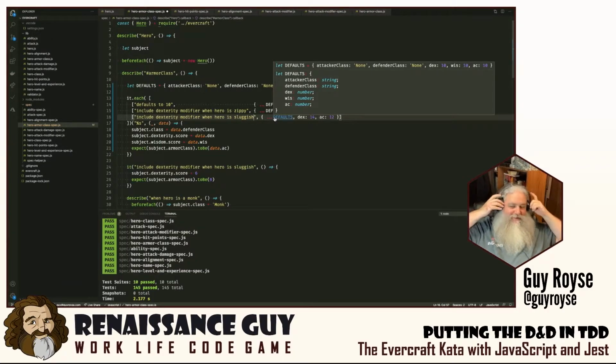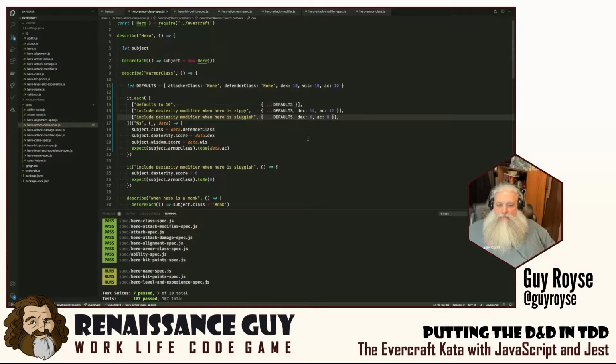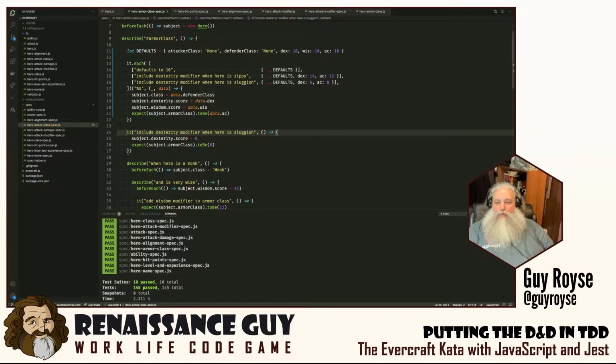When the hero is sluggish there. And here they've got a dexterity of 6. Again, you need another comma there. I'm just going to put a comma there so I stop forgetting to copy it. And so that results in a -2 bonus. And so that gets them an armor class of 8. Excellent. Okay, so now when they're a monk,